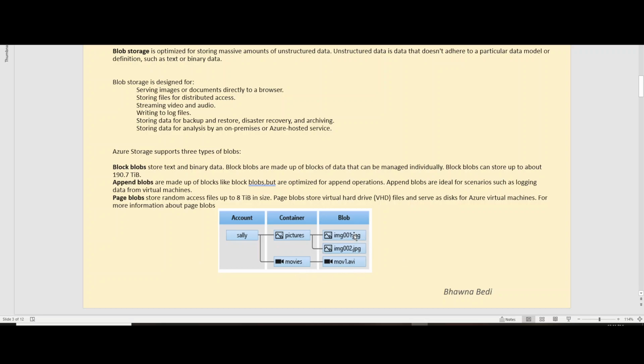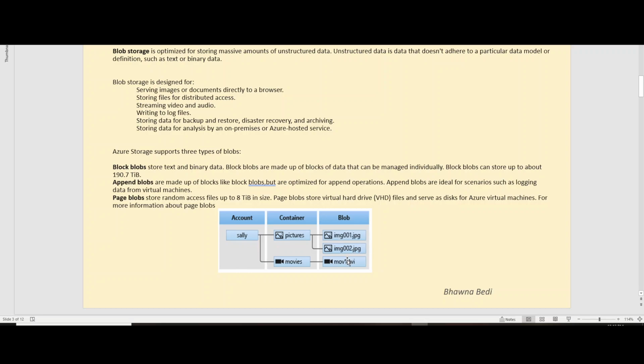Even when you are adding these blobs inside the container, you actually define which type of blob you want to add. You might want to add a block blob, an append blob, or a page blob. Based on your requirement, you have to select the type of blob you want to add.